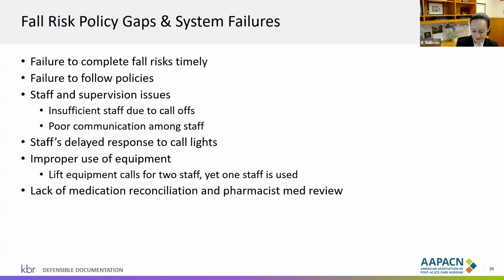Well, I want to expand in terms of your answer on the risk factor changing and what do we do in the care plan. I absolutely agree. We need to review the care plan, and just because the score is the same, it doesn't mean that the interventions remain appropriate. There are instances where the score may be the same, it may change, the risk factors may be the same, maybe change. We should still be documenting in the care plan that we reviewed it and that the interventions in place remain appropriate at this particular time.